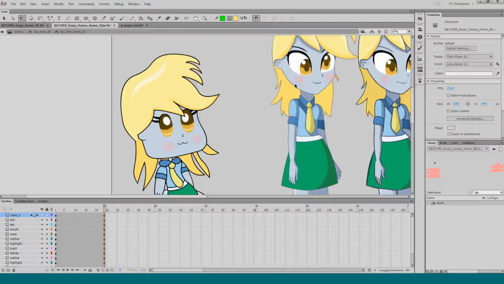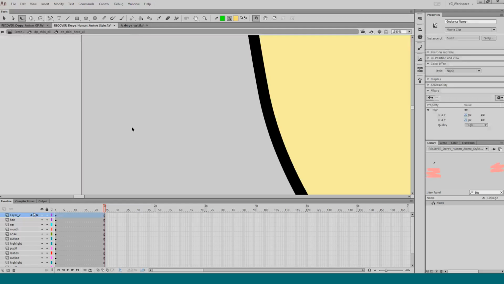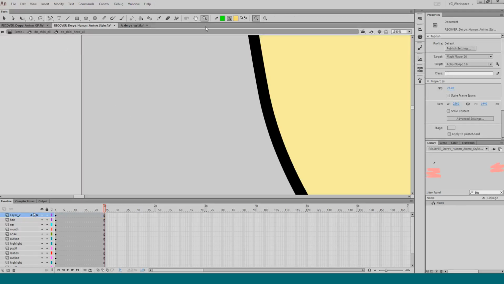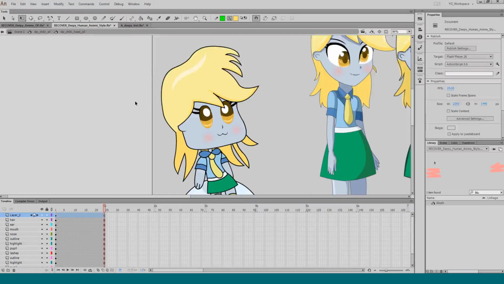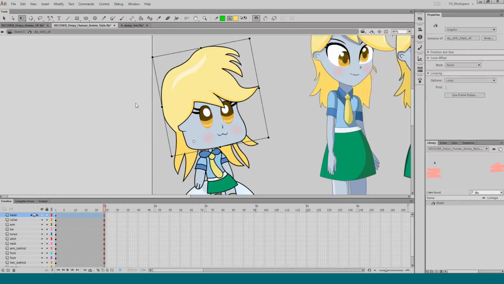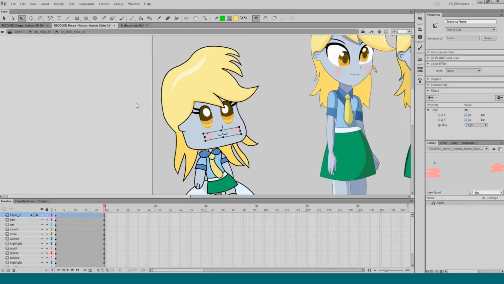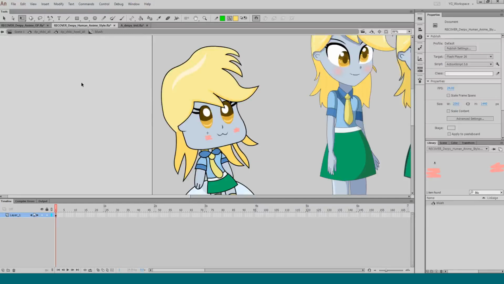Let's see, there's a couple more details of the eye, but I want it to be simplified, so I'm not gonna make it too detailed. There we go. For some reason my zoom button wasn't working. It's like my Z button is now my control button.